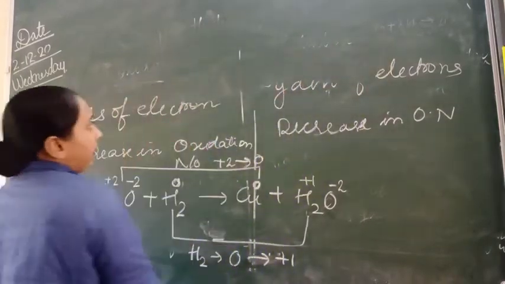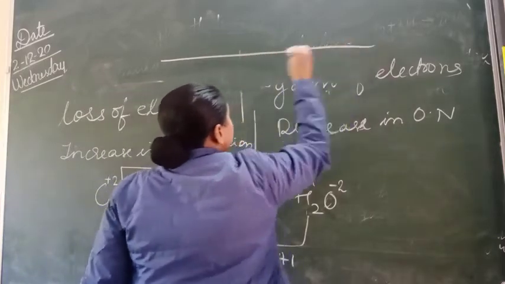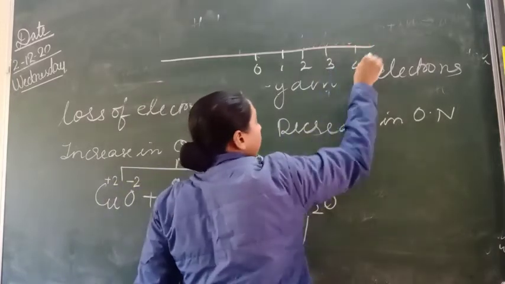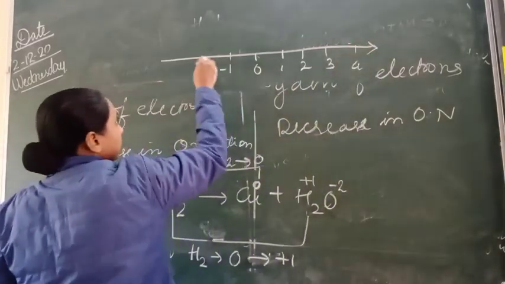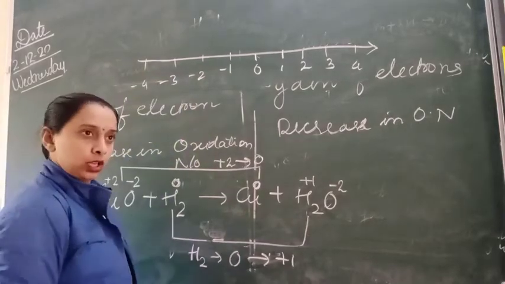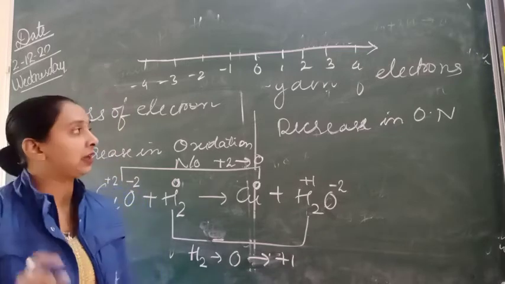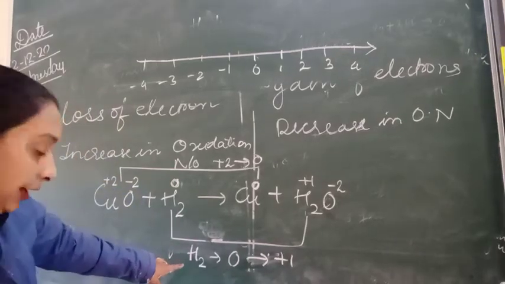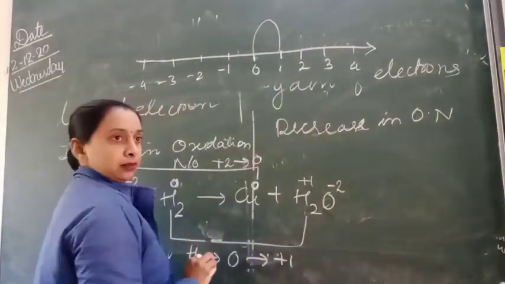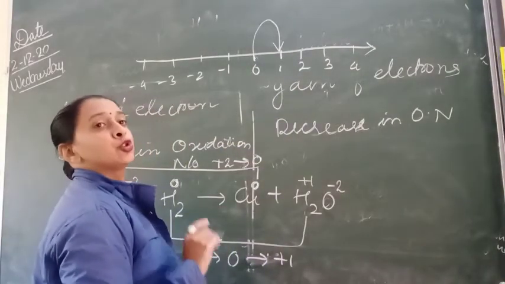Now you have studied that number line. Now what you have to remember here in that part? How you will remember oxidation and reduction? You know number line 1, 2, 3, 4. ठीक है? Then here you have -1, -2, -3 and -4. Okay? How you will easily remember? This is a trick with the help of number line. See. For hydrogen, 0 से हम कहाँ जा रहे हैं? +1 पे. We are moving from 0 to +1.